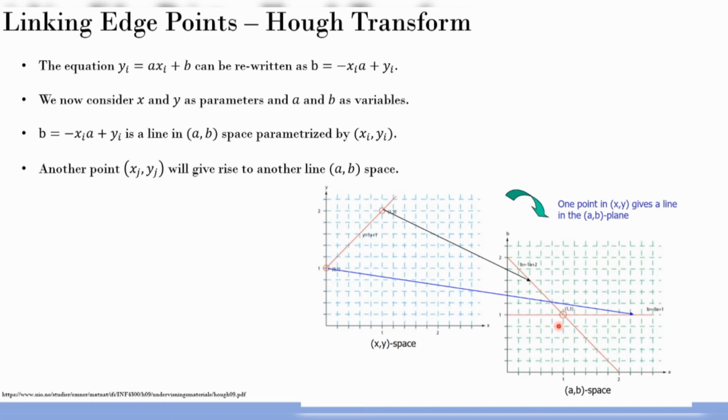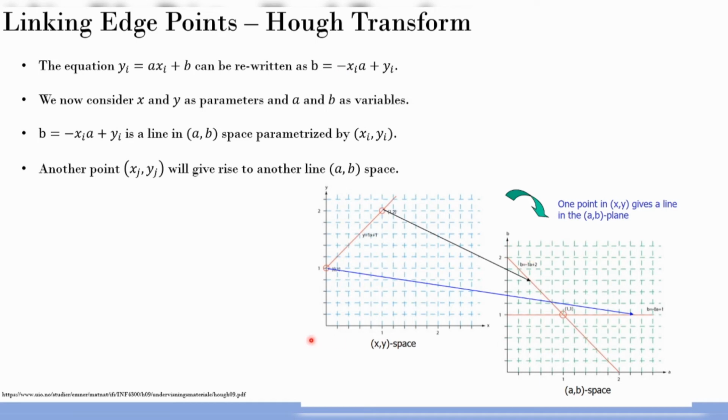So you have the edge map. All of you agree you have the edge map coming out from the edge detection algorithm. Now what I do is I go through each and every bright pixel, every possible edge pixel. It will have an x and y coordinate, all of you agree, right? So I use that x and y coordinate and then vary the A and B, and I get a straight line, because I am varying A and B governed by this particular expression. xi and yi are given by the edge pixels. I vary B and A, I get a straight line. So that will form one straight line in this space.